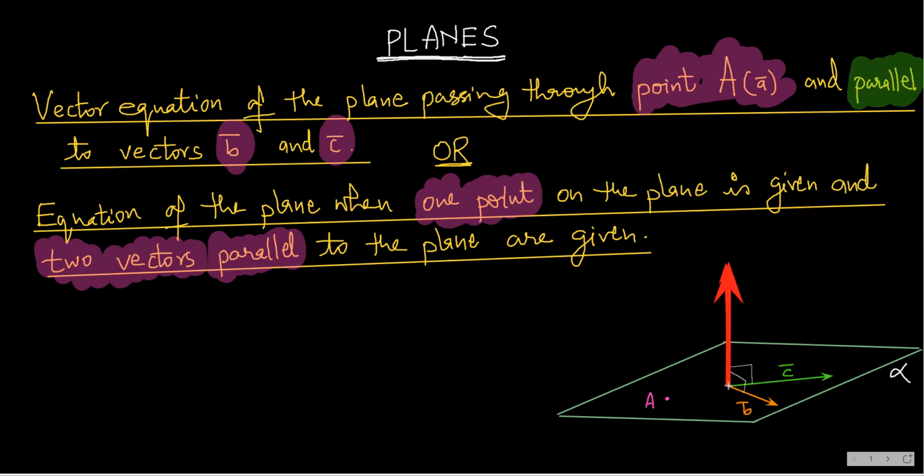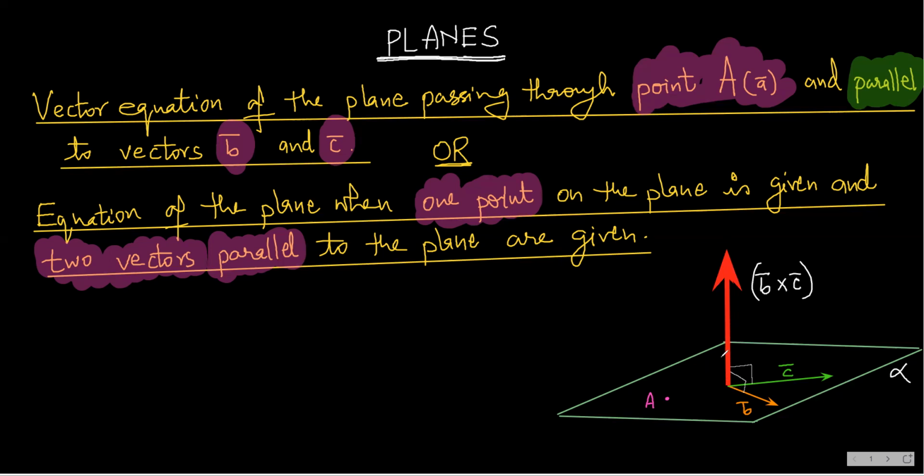How? Because B bar and C bar are on the plane. So if a vector is perpendicular to B bar and C bar, it is also perpendicular to the plane. So this vector B bar cross C bar is now the vector perpendicular to the plane,